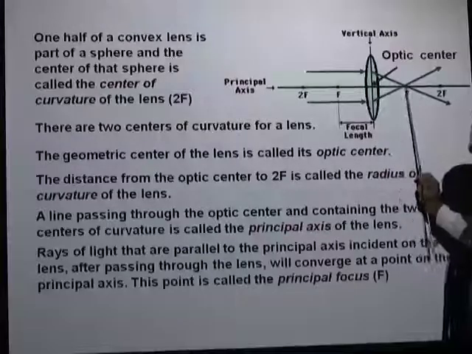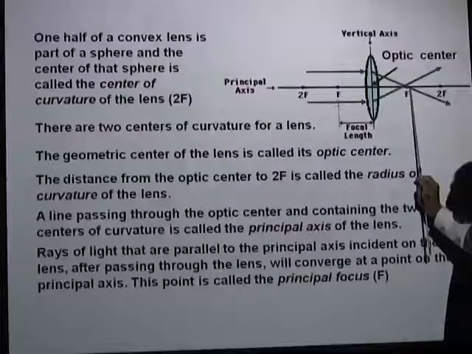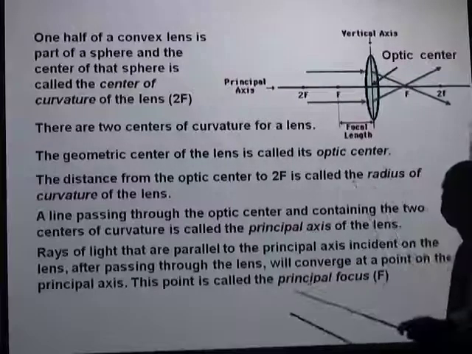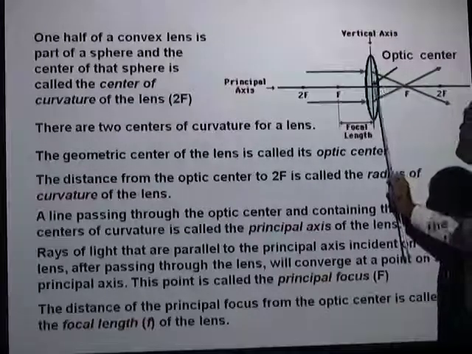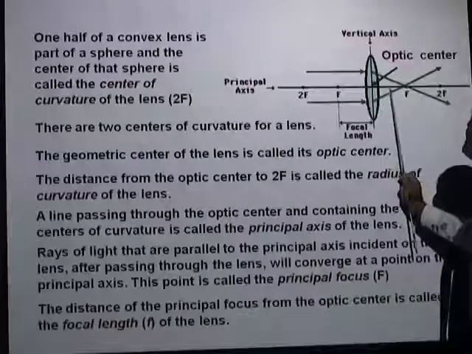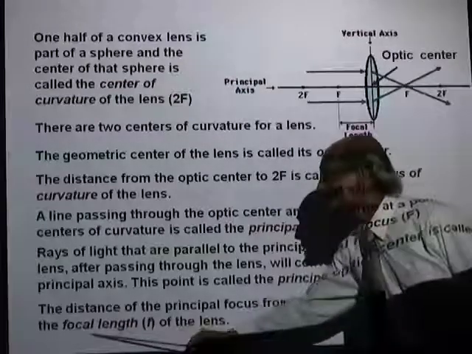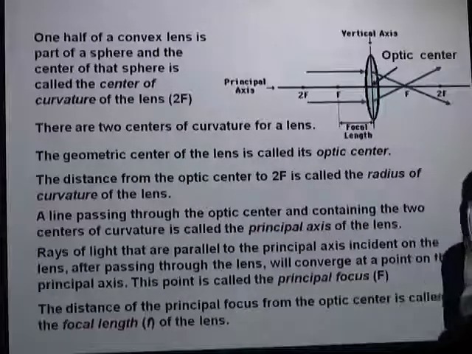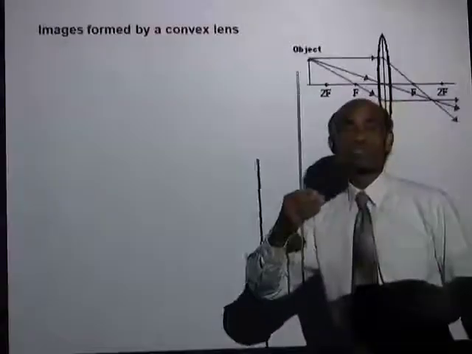After refraction, it will pass through a point on the other side of the lens, on the principal axis, and that point is called the principal focus. The distance measured from the optic center to the principal focus is called the focal length of the lens. The lowercase f, the same we used for the mirror. So the focal length is the distance from the optic